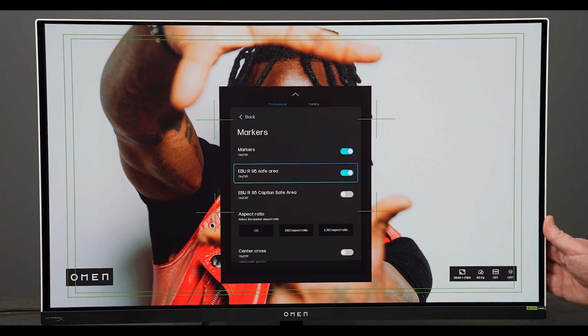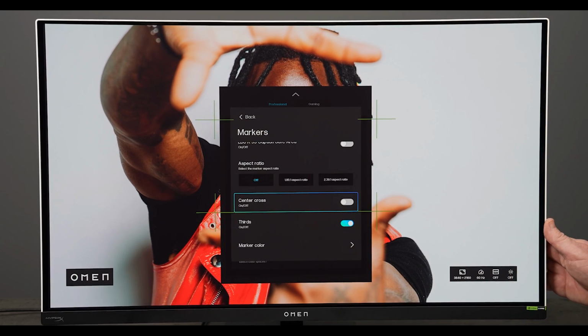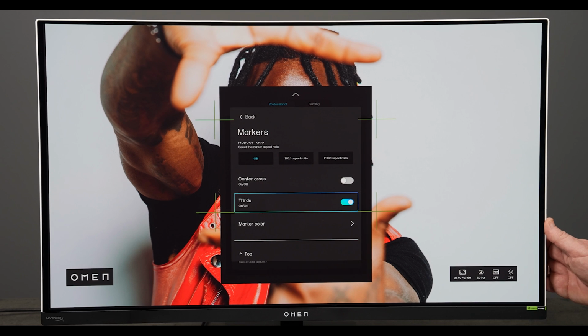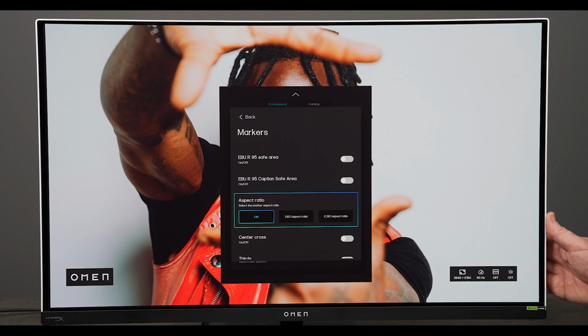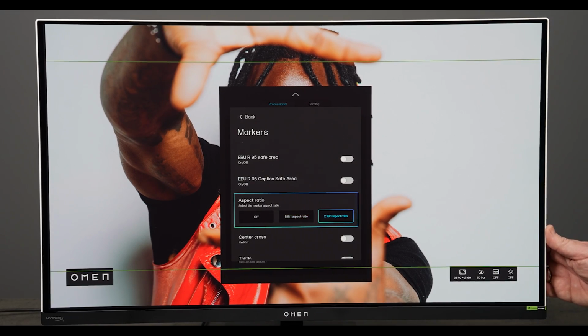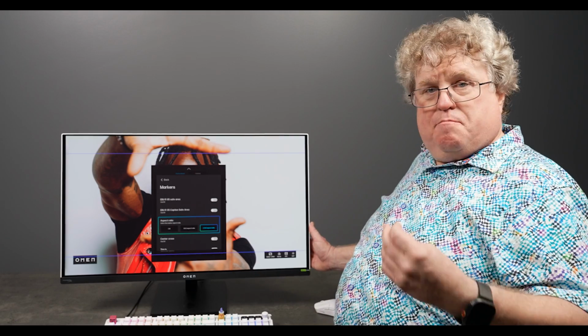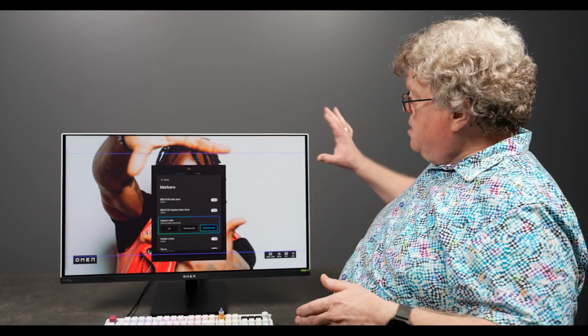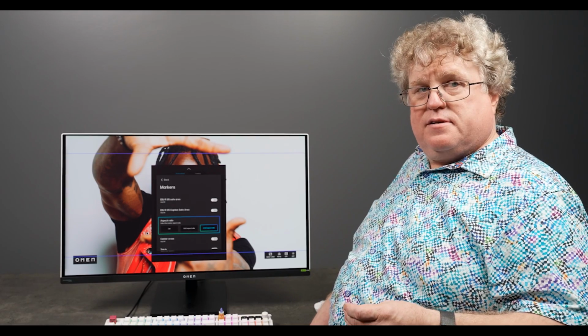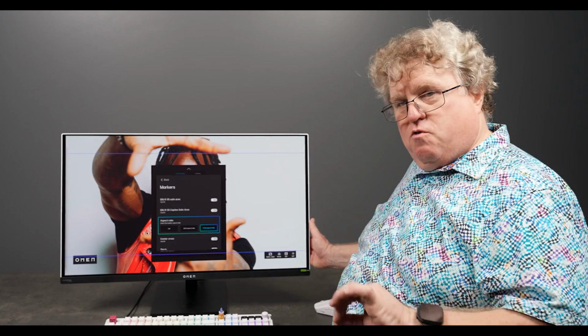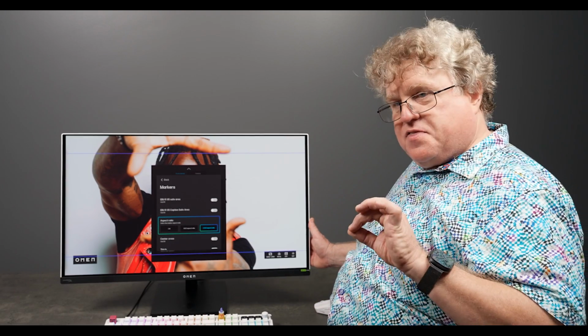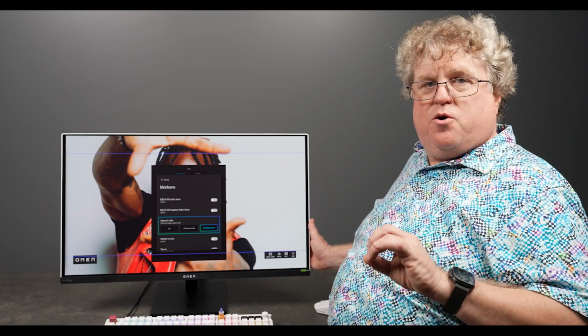In addition to the broadcast markers, we also have aspect ratio markers, and these are enabled from the aspect ratio. We have the standard 1.85:1 widescreen and the 2.39:1 very wide, ultra wide aspect ratios. If you're composing for these cinema ratios, you can display these overlays. The nice thing about having overlays in the monitor is that they work with every piece of software you have.